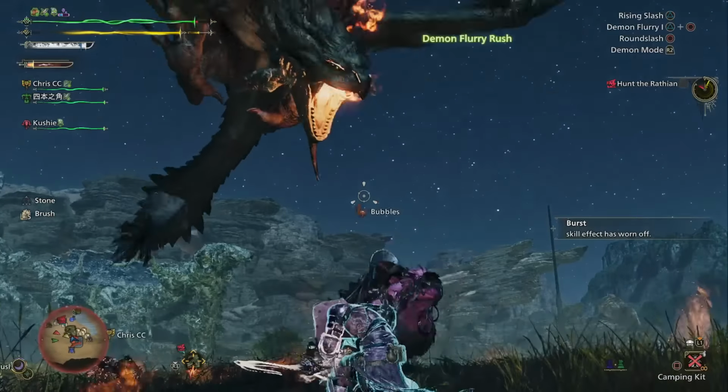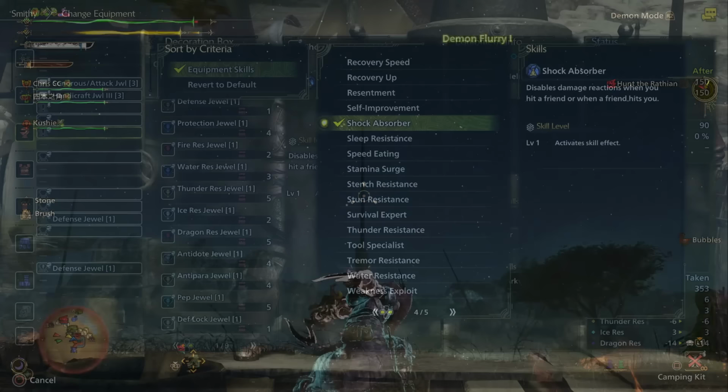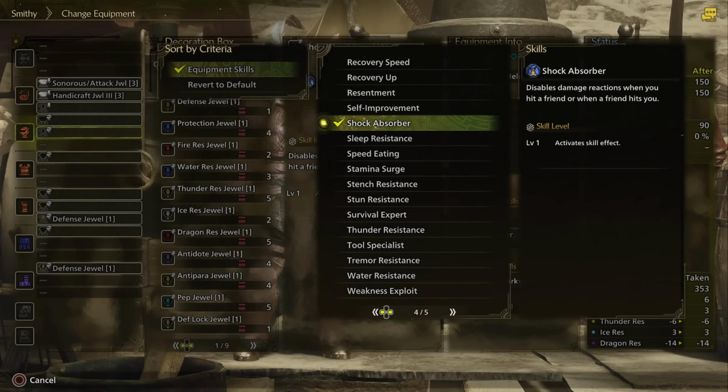Then we have some more niche skills, so I won't call out everything, but importantly I do want to mention Shock Absorber, which removes flinches from or to other players. And I just think this is fantastic for multiplayer. Everyone should use it for multiplayer. It doesn't matter in solo, obviously, because it won't have an effect, but it is unbelievably comfortable in multiplayer to have this on. And I think if you don't use it in multiplayer, you're only really hurting yourself and possibly